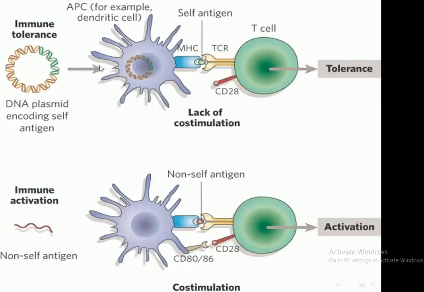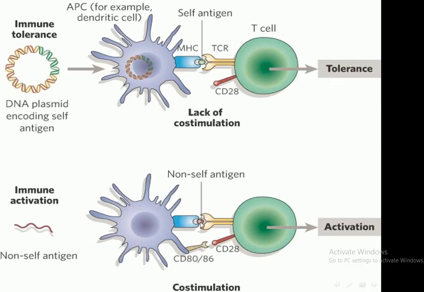And here, the figure shows us this is the plasmid encoding the cell antigen, and this is the dendritic cell, and this is the cell. This dendritic cell will express the cell antigen, and there is no stimulation of the second signal CD28, so there is tolerance. While here is the immune activation, this is the non-cell antigen, and this is the dendritic cell which expresses